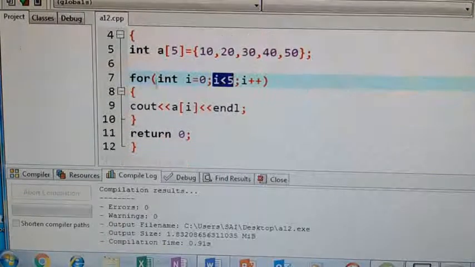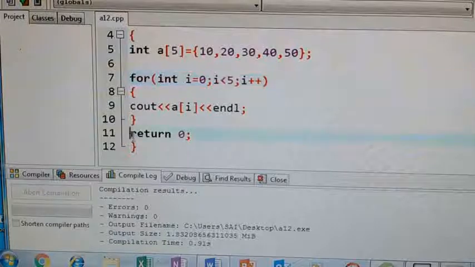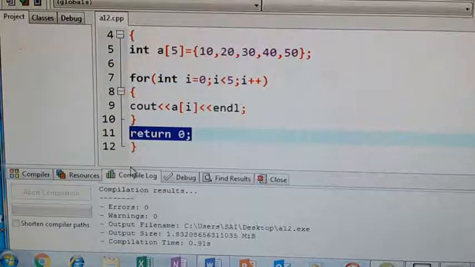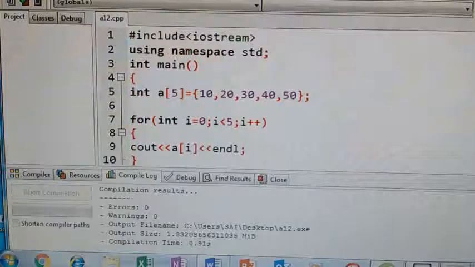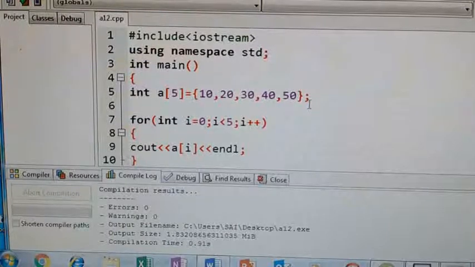So when the condition is false, the loop's control comes to the statement which is immediately after this block, means this one. Okay, this is the execution, and this is a simple example program which illustrates arrays. If you want to store more than one element with the same name, then we use arrays.